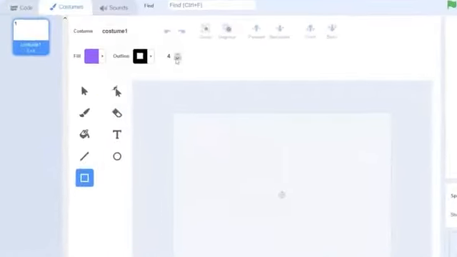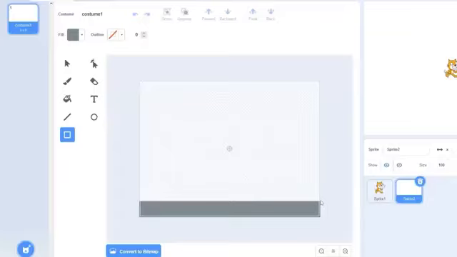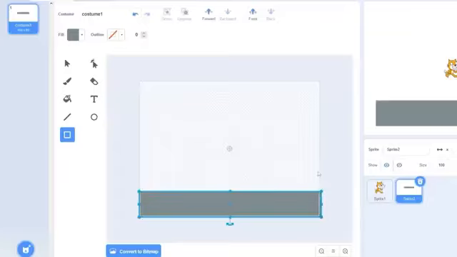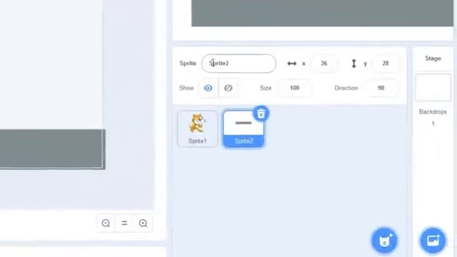I'm going to make sure there's no outline. You can have it if you want. Let's try a concrete. That's probably grayish blue. Okay, let's draw a rectangle on the bottom of the screen. I think that's good. Okay, let's rename the costume to ground, and we need to also rename the sprite to